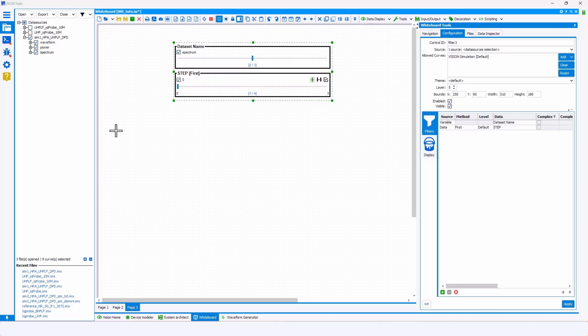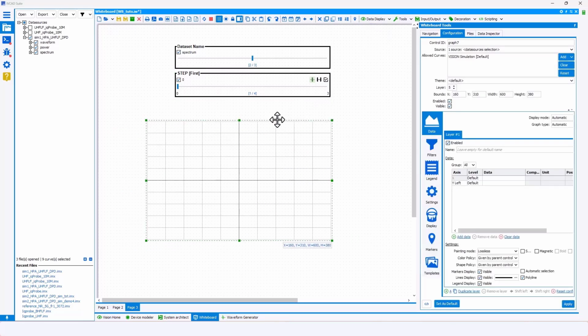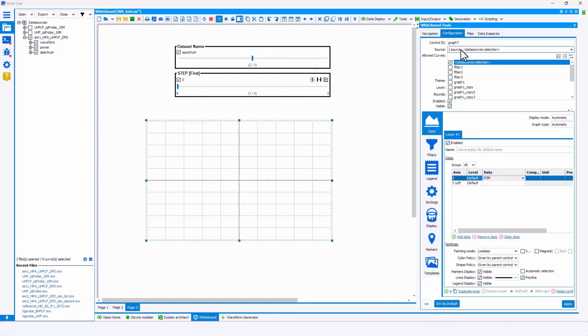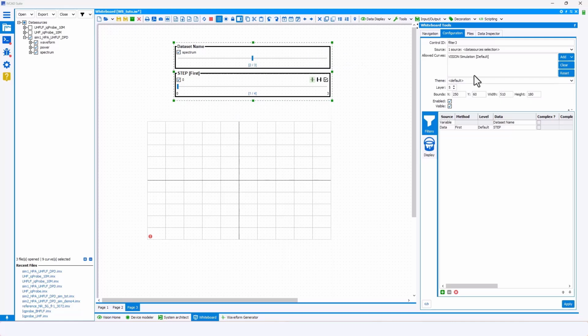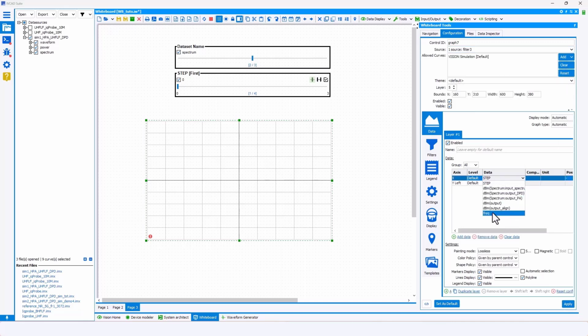So I'm going to add a graphic, and what I want to show you, that also would be the most obvious, is the spectrum. I'm going to represent as a source this filter, which is filter 3, clear reset. And for the data, I'm going to do representation as a function of the frequency, and I'm going to represent